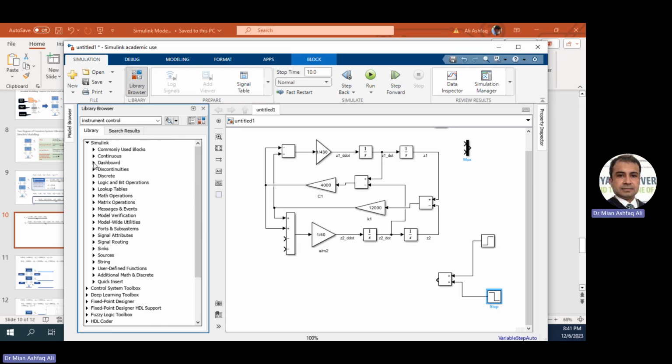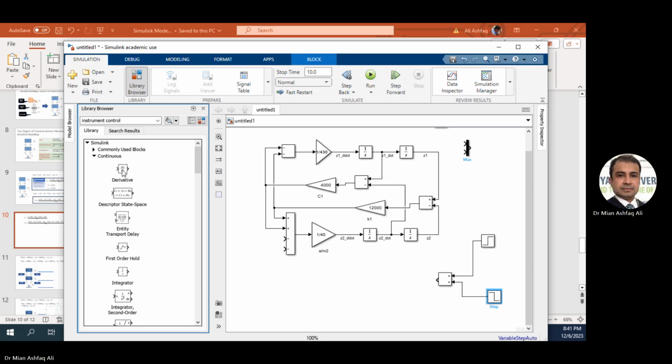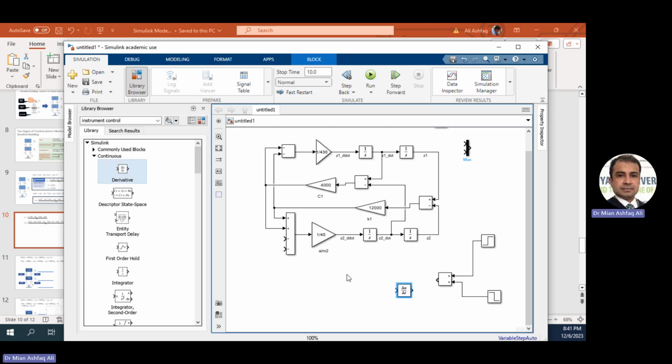So for continuous function, I can take the derivative of this one. So now I have the road profile and the road profile velocity both at the same time. Now, once we have this, I can simply